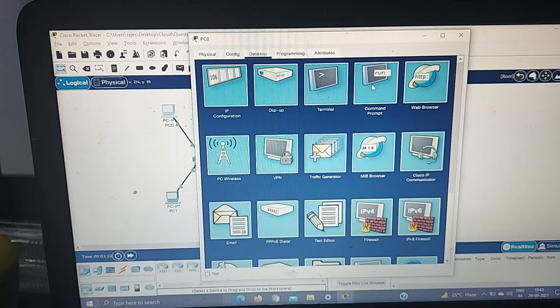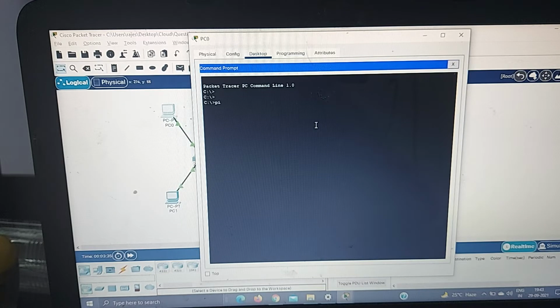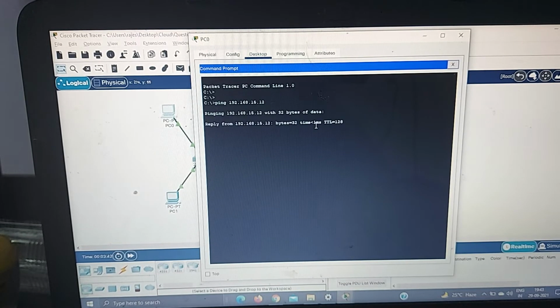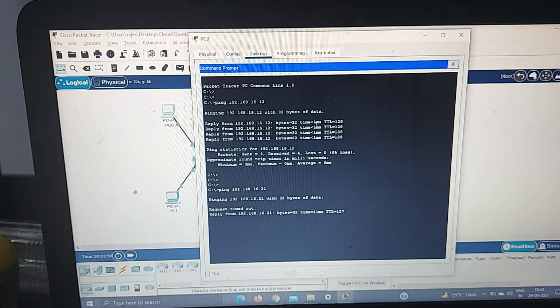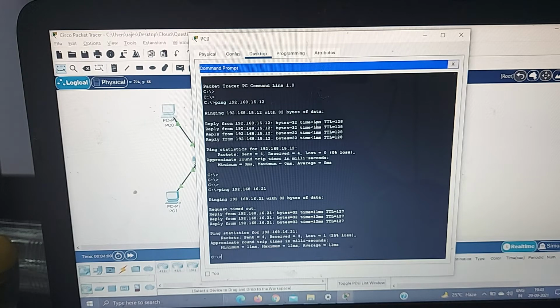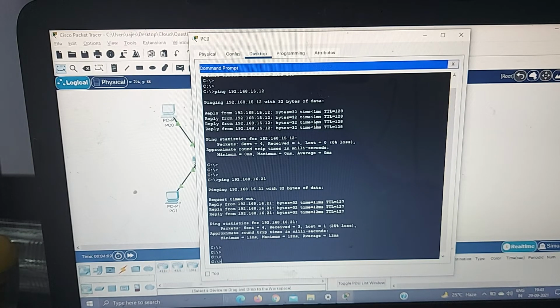I'm going to desktop, then command prompt. This one belongs to the same VLAN 10, and this one belongs to VLAN 11. Okay, now it got the response, and now the packets are going fine. And 21 is part of the same switch.